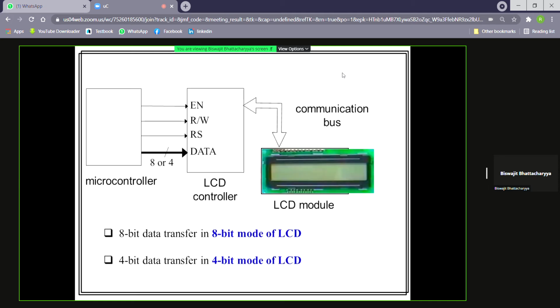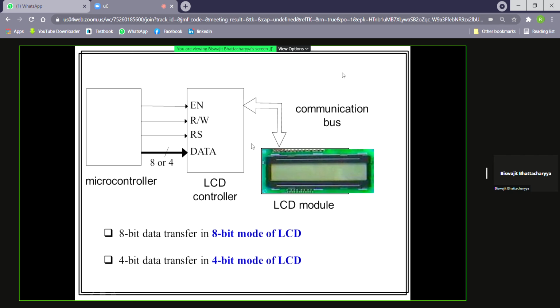Now, what is LCD? You know, its full form is liquid crystal display. It is something like this one shown in the figure. Now, in every LCD module or display, there is one controller, the LCD controller. We don't see that particular LCD controller. It is present at the back of the display, in the background actually.